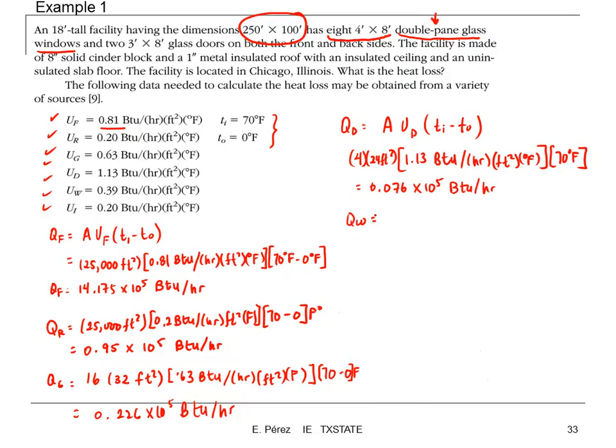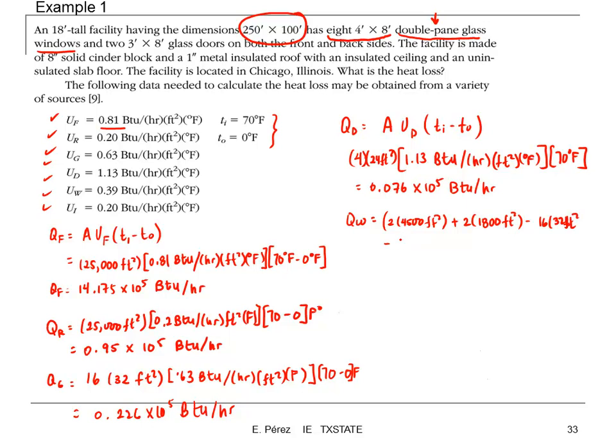So for that we have 2 times 4,500 feet square plus 2 times 1,800 feet square minus 16 times 32 feet square